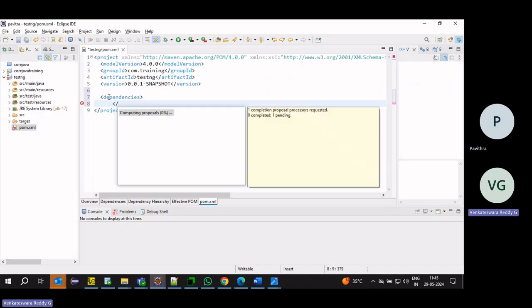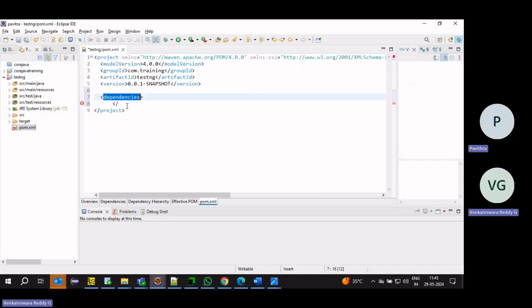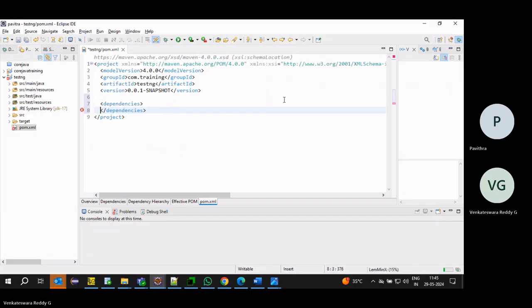It is not coming. Every tag will have an open and a close. Okay. Only dependencies.